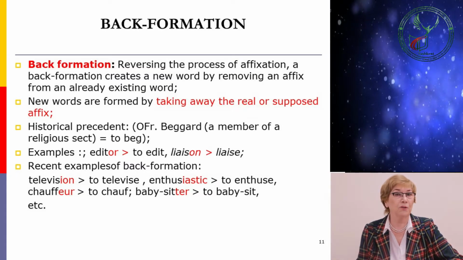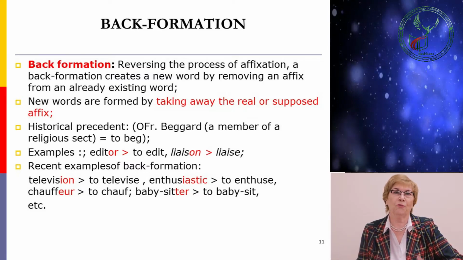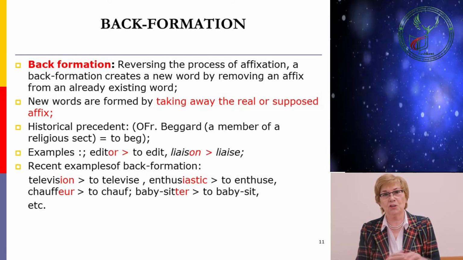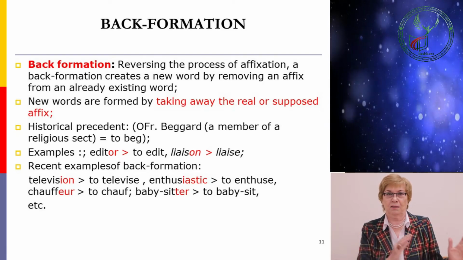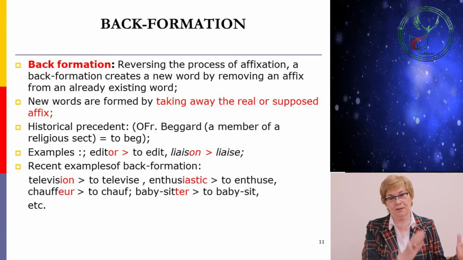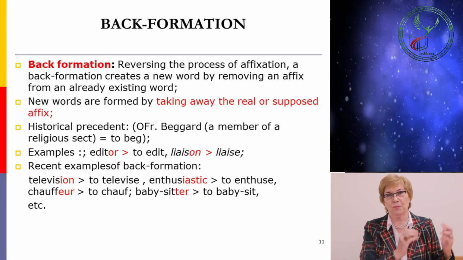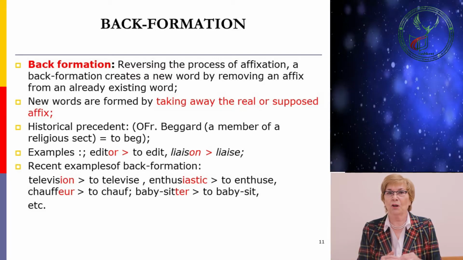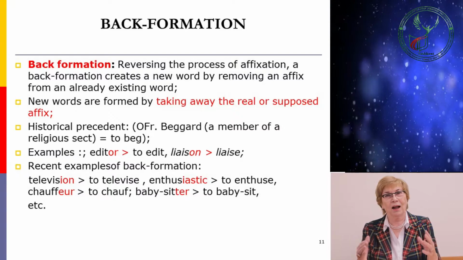Backformation is also called reversion. It is a reversion to affixation, of course. In affixation, we take a root and we take derivational affixes and join them either before the root or after the root. In backformation, we take a word, we look at it, and see that